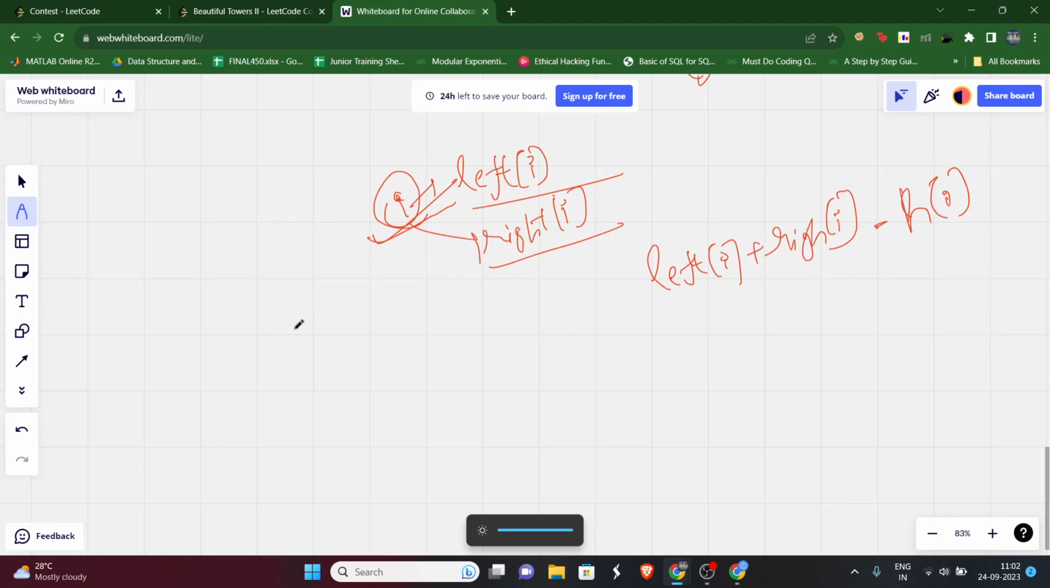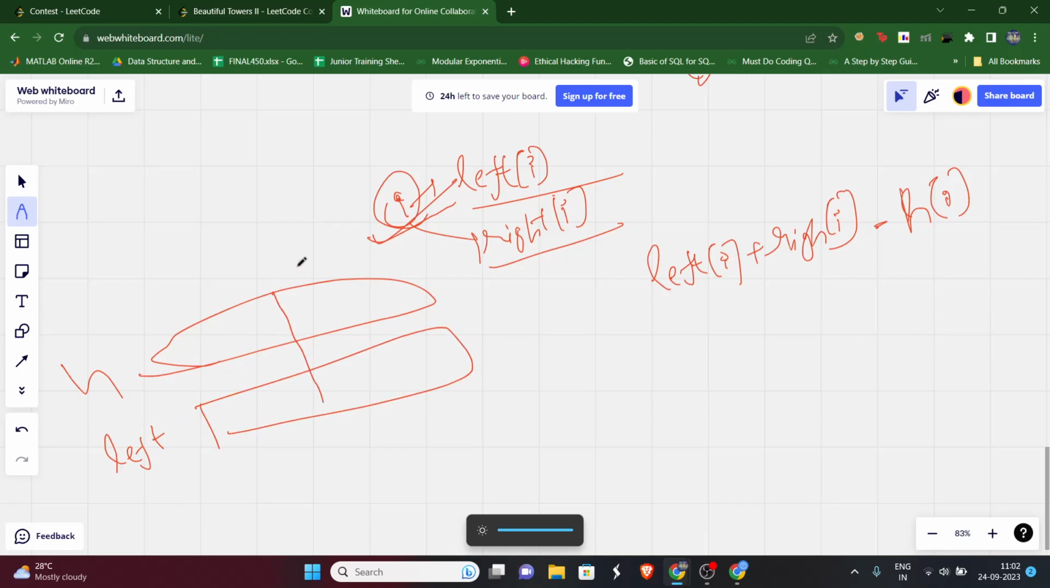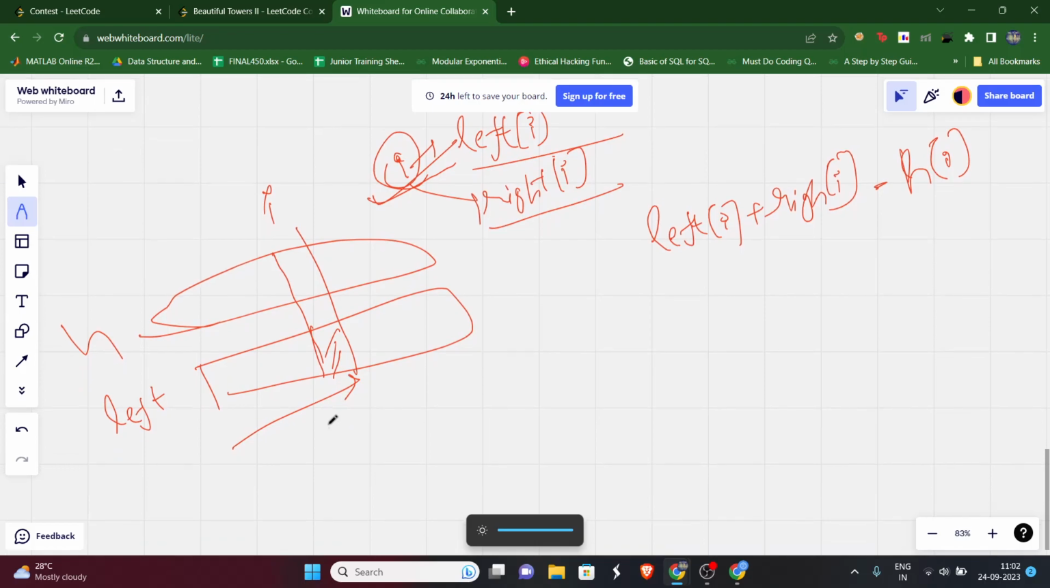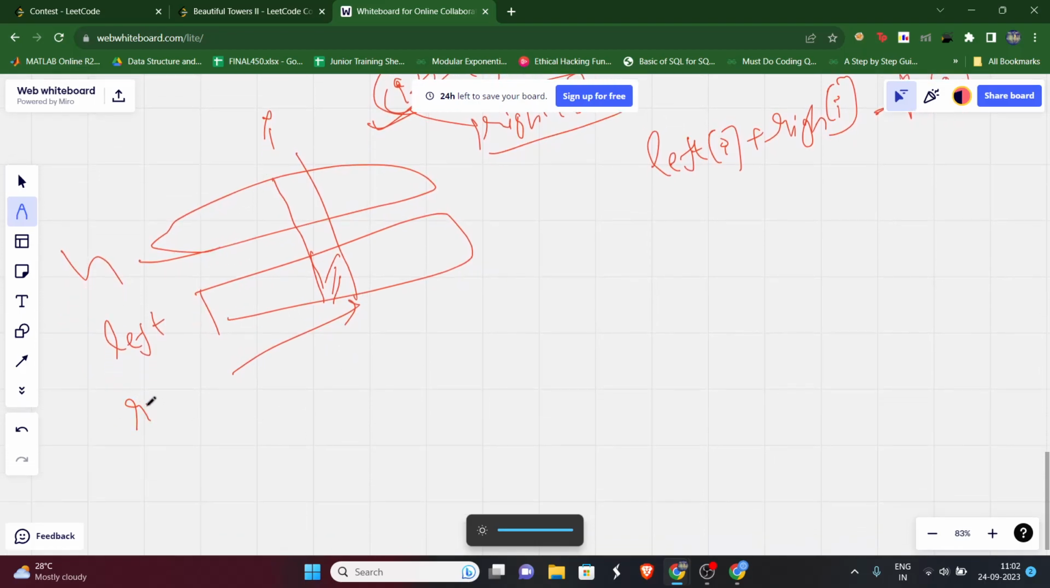So what I am saying right now is, let's say this is our height setting, h of height, and in left of I, for this particular I, what will be the maximum sum from here to here? Okay, that we have stored. How we are calculating it, we'll see later. And similarly for right, for this particular I, what will be the maximum sum from here